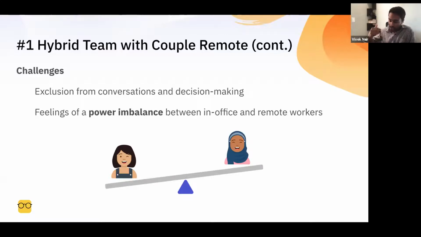But the reality is the moment that you do that, there's exclusion from the conversation because you're not actually including the remote worker. So inherently over time, there's just an asymmetry between how much people feel like they matter.